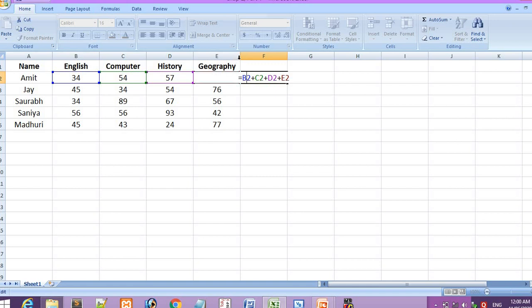45. Okay, so here we have calculated the marks, and after pressing enter, by using the cell name and the operator, we have entered the formula over here, and after pressing enter we have got the total marks. So in this way we have entered a formula. This we have seen practically last week, and now we have done the revision of this.